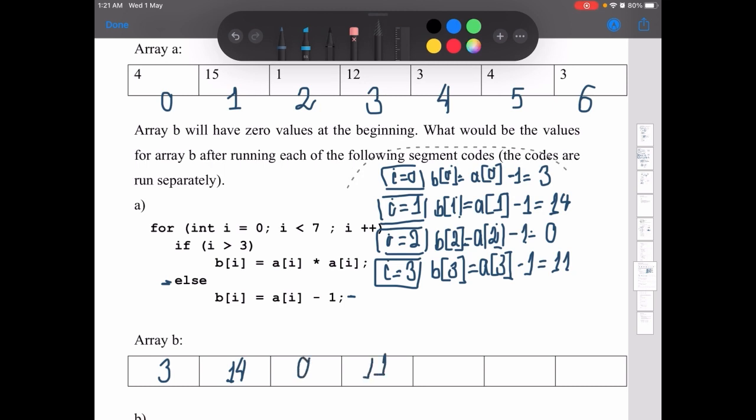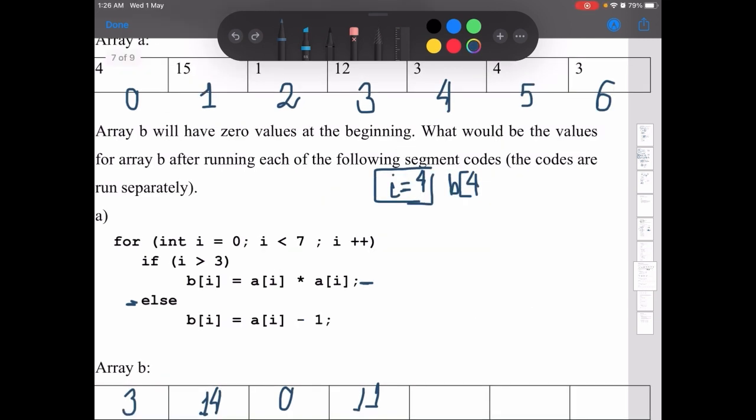Let me delete that to have more space. Now we will continue. So as we said, i++ makes i equal to 4, and 4 is larger than 3, then this line will be executed. So B4 is equal to A4